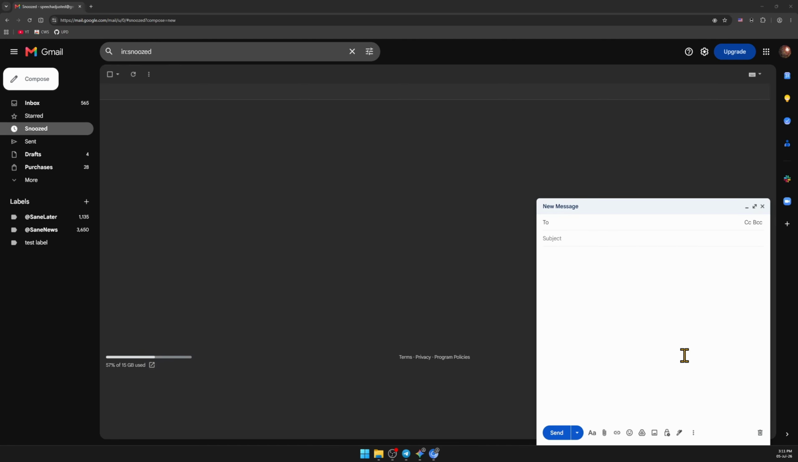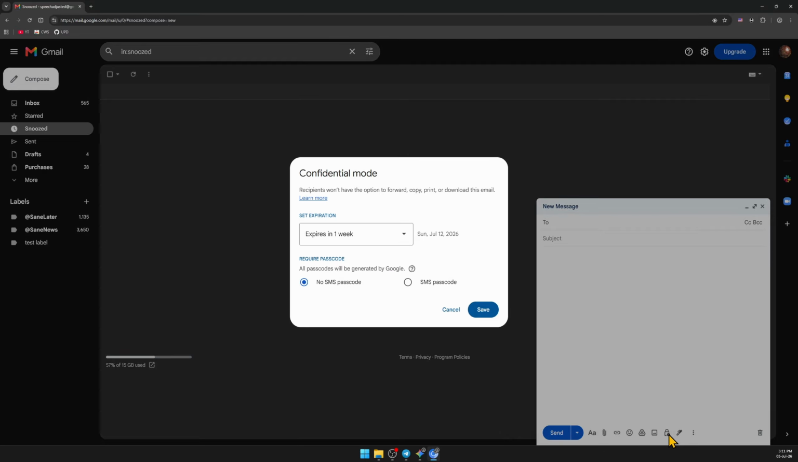And now look at the bottom utility panel right next to the blue send button. Look for the icon that looks like a padlock with a tiny clock face attached to it. This one. As you can see, toggle confidential mode. So click on it. And now as you can see, recipients won't have the option to forward, copy, print, or